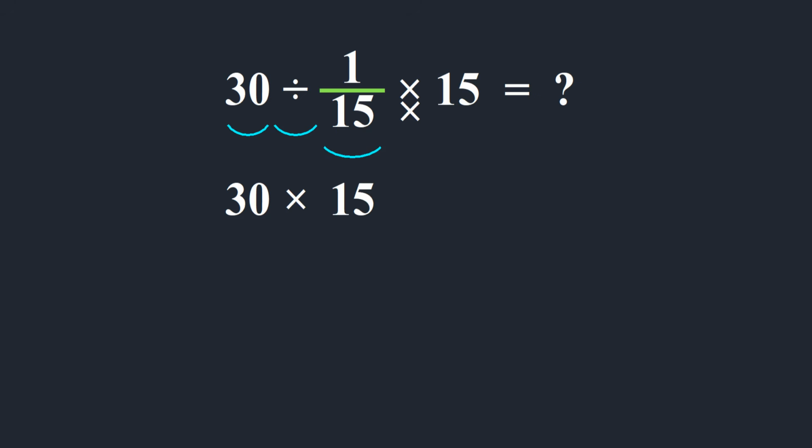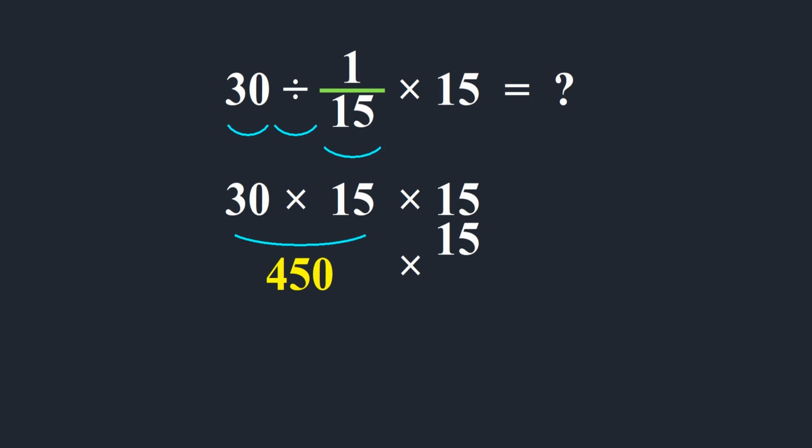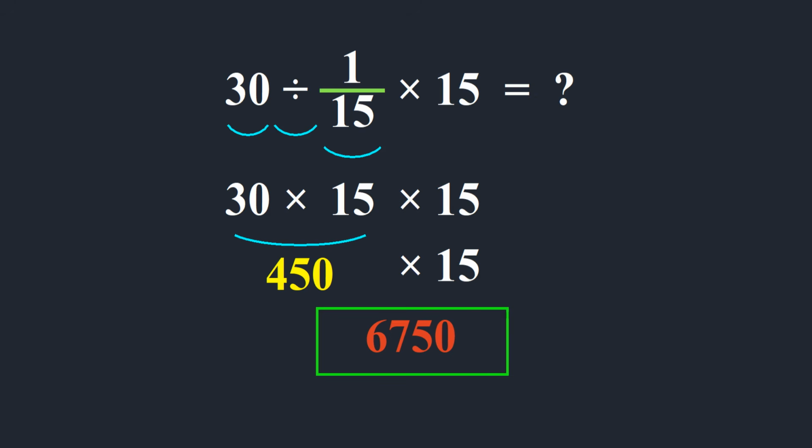And here again we have times 15. 30 times 15 gives us 450. So 450 times 15, which equals 6,750. And so our final answer to this problem is just